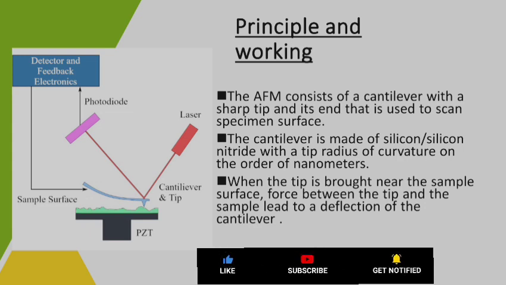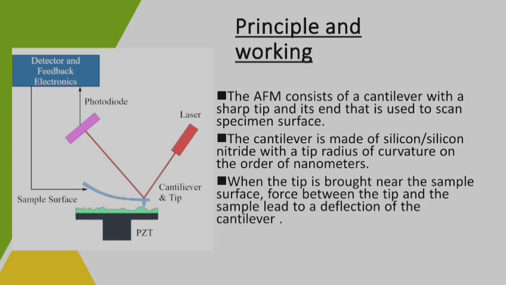This cantilever tip is the main part involved in the atomic force microscope. The atomic force microscope consists of this cantilever with the sharp tip, and it is used to scan the specimen surface. The cantilever is made up of silicon or silicon nitride,